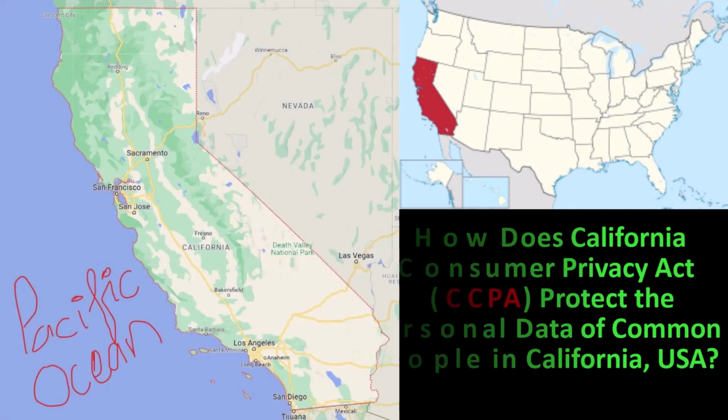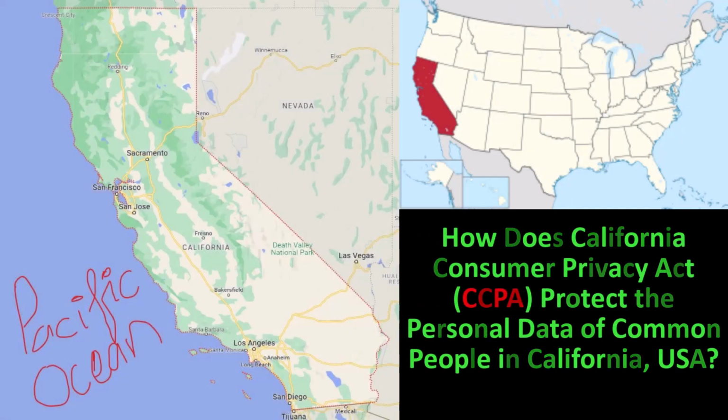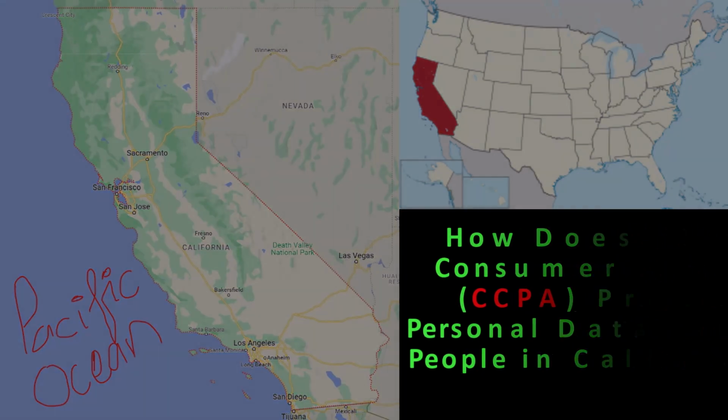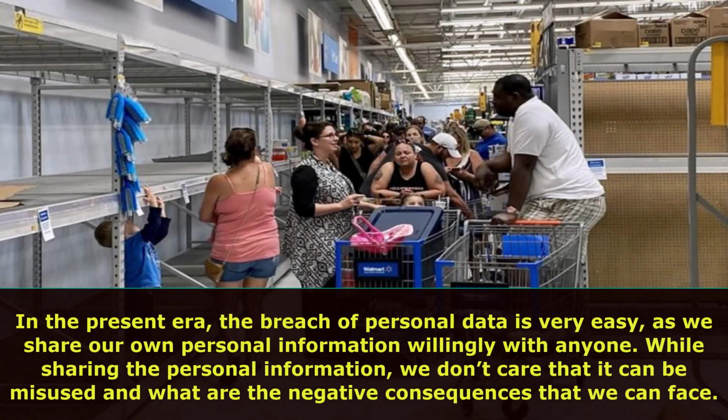How does the California Consumer Privacy Act, CCPA, protect the personal data of common people in California, USA? In the present era, the breach of personal data is very easy, as we share our own personal information willingly with anyone. While sharing personal information, we don't care that it can be misused and what are the negative consequences